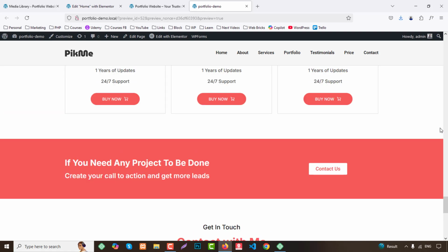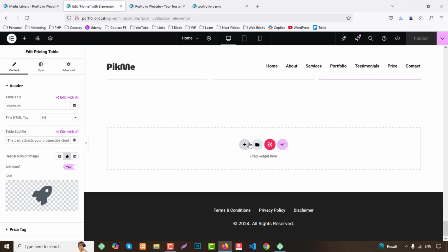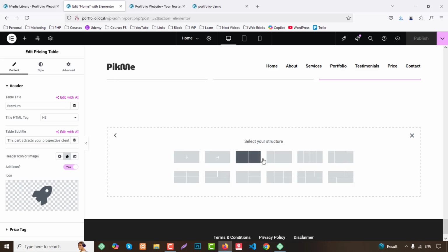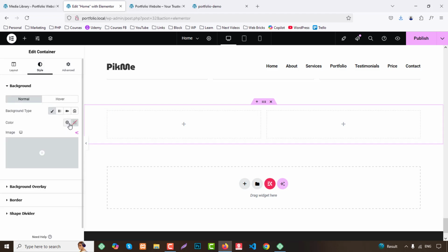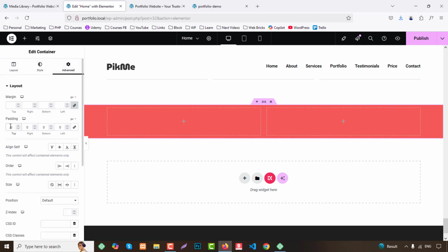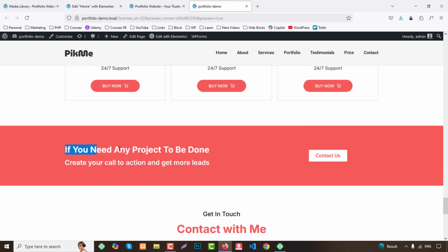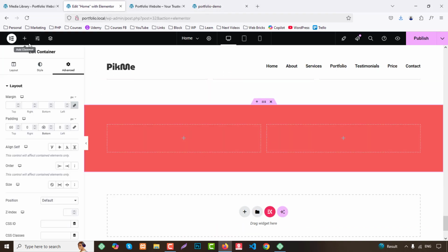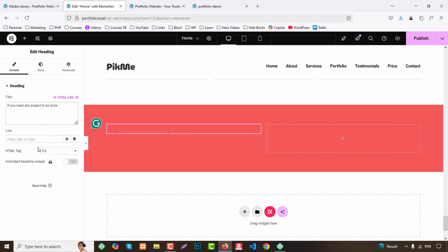Then we have a call to action part. So for this we can add a plus icon, and we can choose this one, and from here we go to style and background type, classic, color to primary, and go to advanced, and padding like top 60 pixel, bottom 60, and from here we can just add a heading part. So plus icon and add a heading,